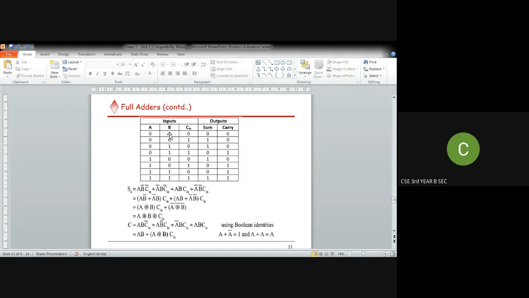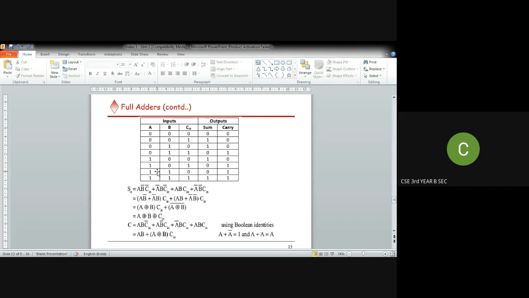Look at here. These are the three inputs A, B, C. Here C is a carry in. We have two outputs, sum and carry. So 0, 0, 0 gives 0, 0. When we add 0, 0, 1, we get sum as 1 and carry as 0. And 0, 1, 0, sum is 1 and carry is 0. And 0, 1, 1: B and C are 1, 1, so the sum is 0, carry is 1. 1, 0, 0 means sum is 1, carry is 0. 1, 0, 1 means sum is 0, carry is 1. Here we have two ones. Two ones means 10, so sum 0 and carry over 1.